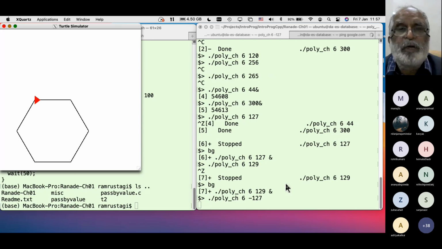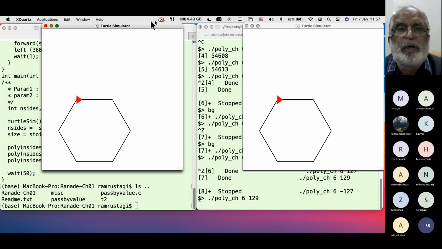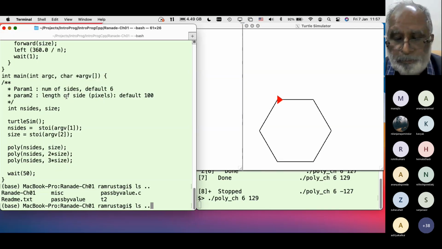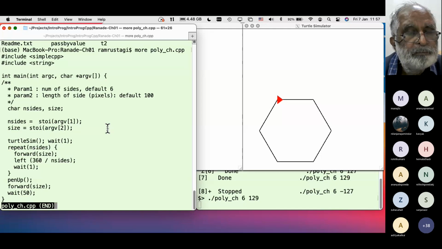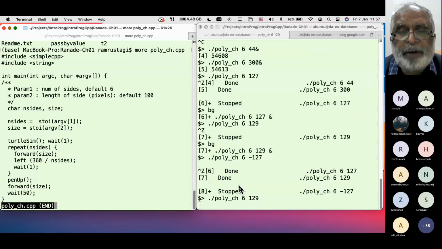So if you look at the program, the program doesn't change. My size, in one case it was minus 127, in another case it was 129.